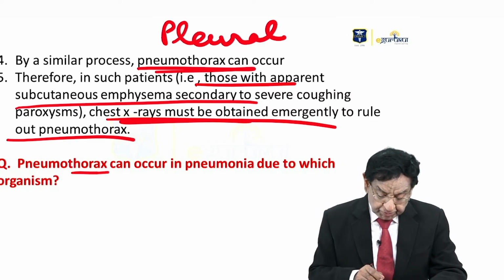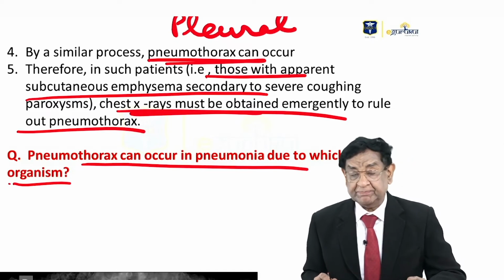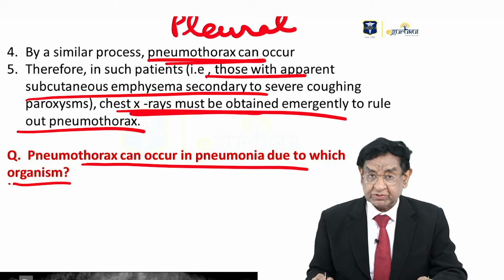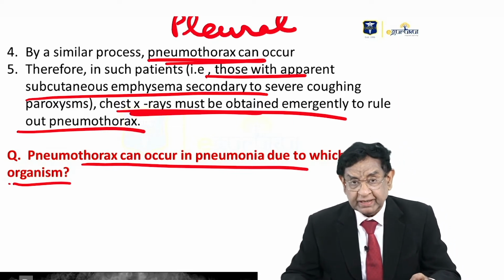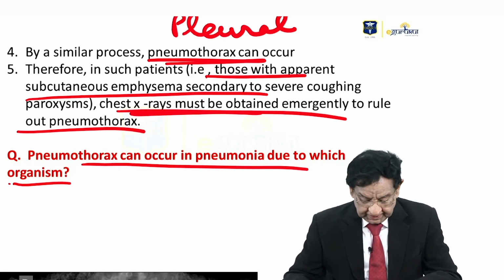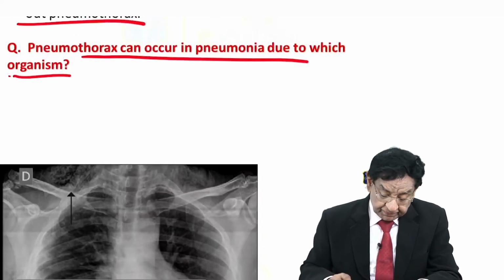Subcutaneous emphysema or pneumothorax can occur in pneumonia due to which organism, especially in children? Remember, our patient is 8 years old. But my question is, which organism causing pneumonia can cause this? Stop the video, write down the answer. The answer is Staphylococcal pneumonia. Staph pneumonia